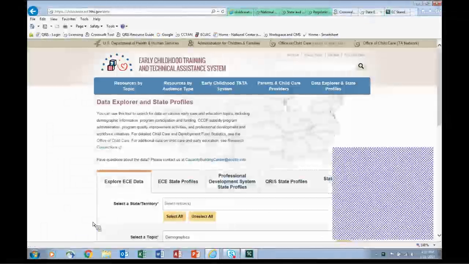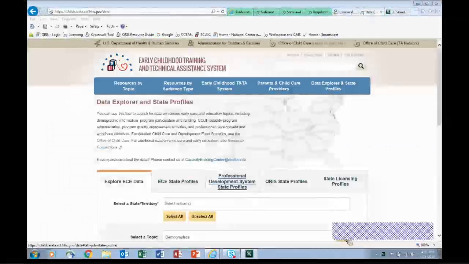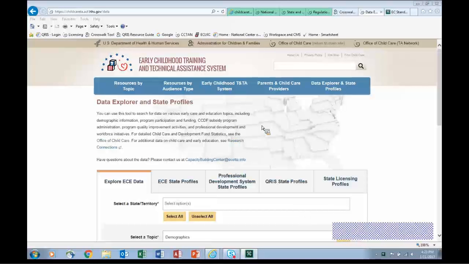One of the requirements my state needs to add is group size in child care centers. So can you use this tool to show me the group size requirements for all of the states? Yes, absolutely. Group size is one of the sets of data that we do have in the tool.